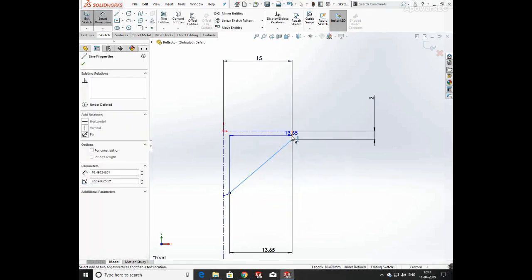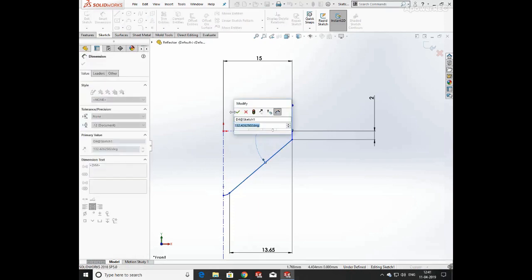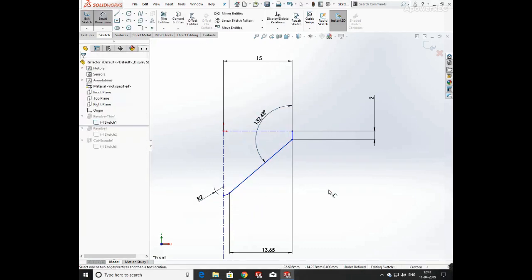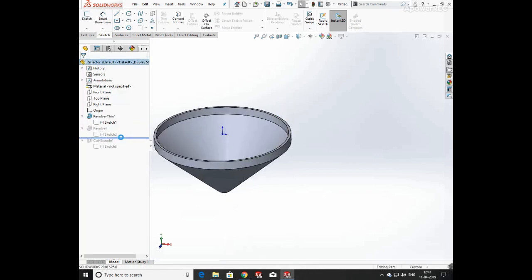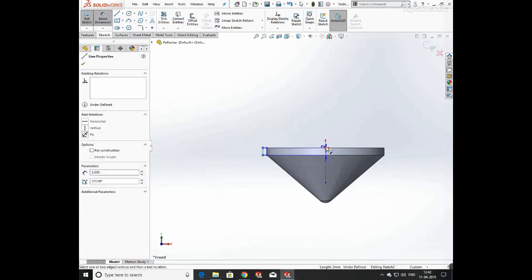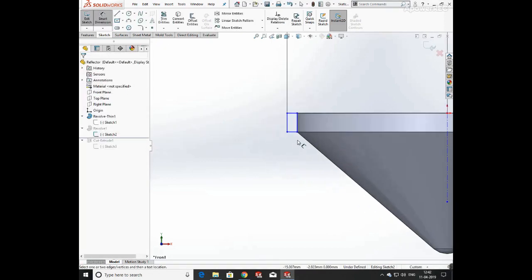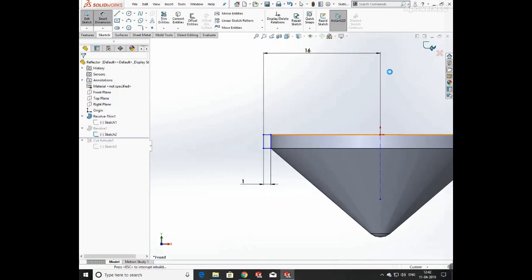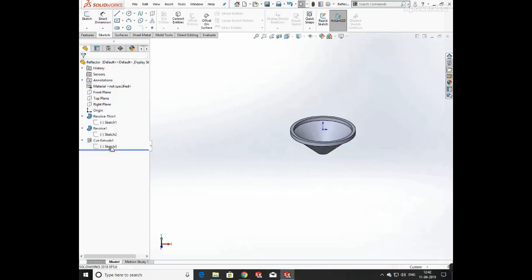So the next part is the reflector. So again draw a center line from the horizon, is 15 mm and width of 2 mm, and defining its total width is 13.65, and defining its angle and applying fillet. Now revolve it up to 360 degrees and again